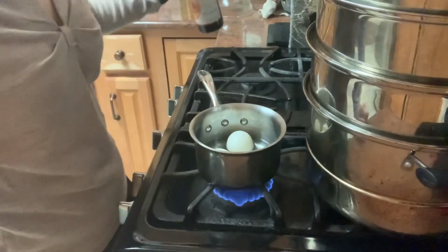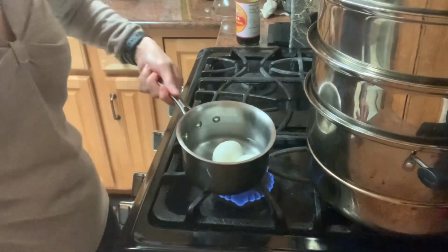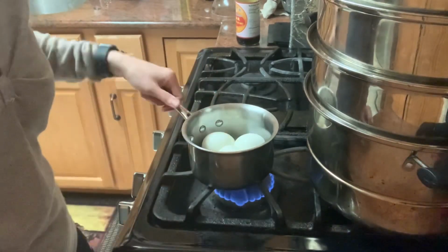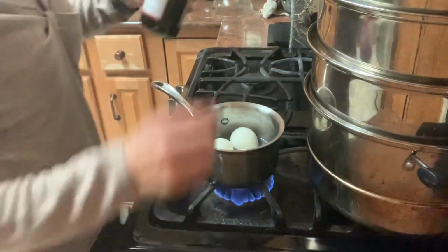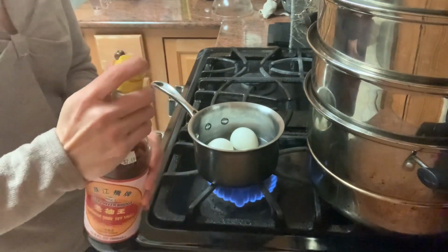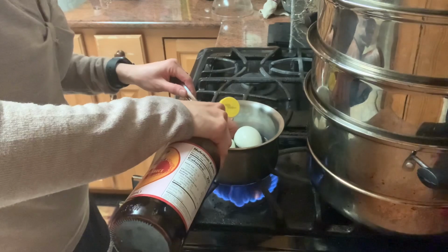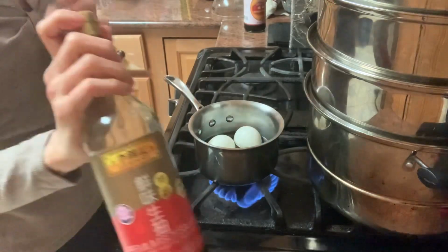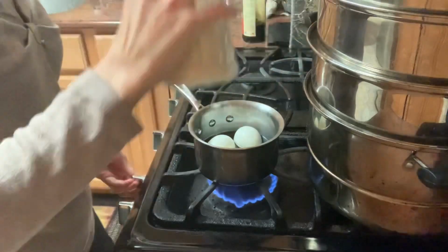Alright, so this is optional. I'm going to make a brown egg to eat with my nasi tim ayam. I have 3 hard-boiled eggs already here in my little pot, and then I added water, not a lot, so that it covers half of the eggs. And then I'm going to add dark soy sauce to make the color brown. Okay, like 1 tablespoon, and then light soy sauce 1 teaspoon, and sugar